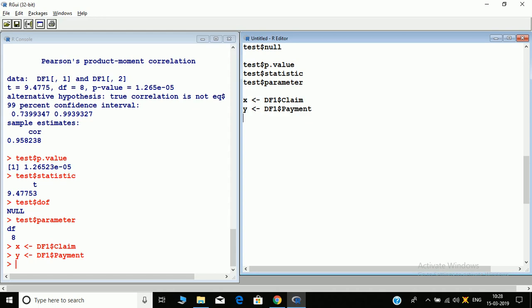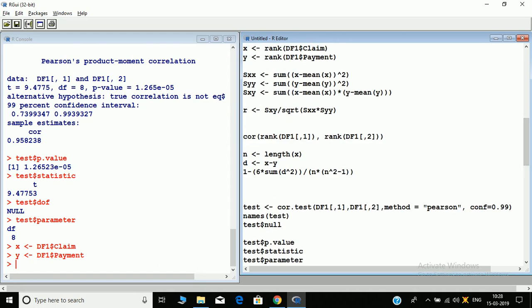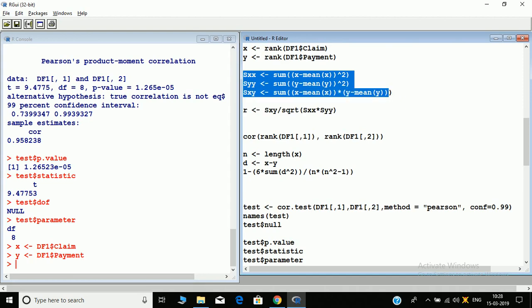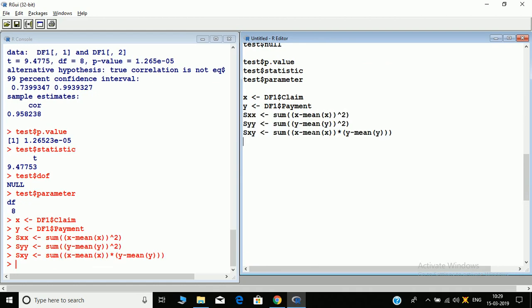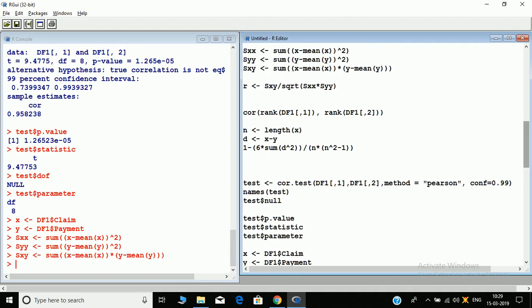We have calculated SXX, so let's just bring those down again and run them. These are the values, SXX, SYY and SXY. And then we calculate our R. We have stored our R also. Let's bring those down.